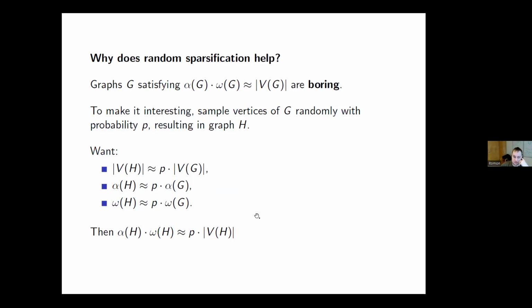Now, the more problematic part is the independence number. And here you can proceed in two ways. The first one is the fairly standard so-called graph container method of Clayton and Winston. For that to work, you need to prove a so-called supersaturation result. You can do that, and you will get the result that you wanted.